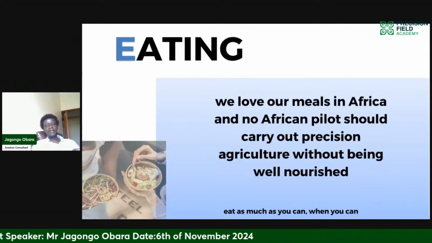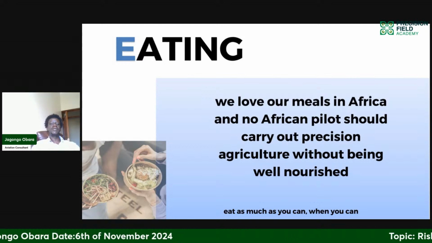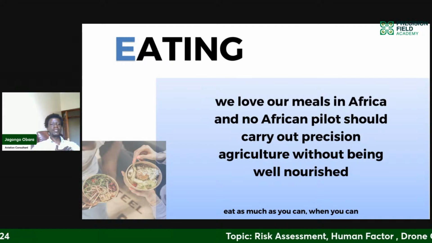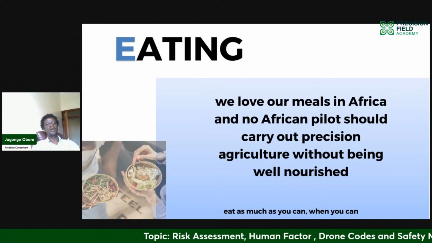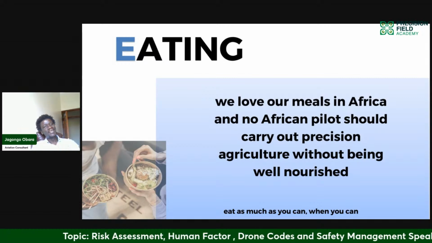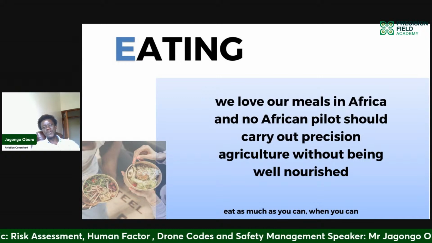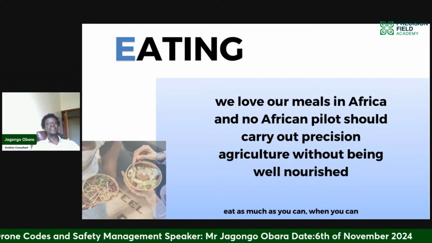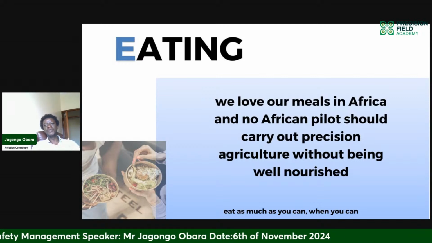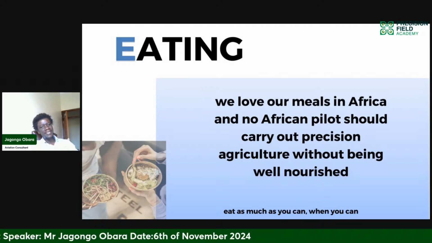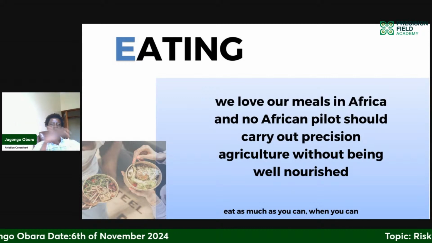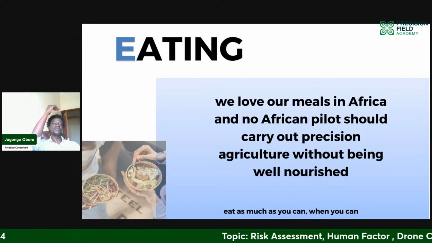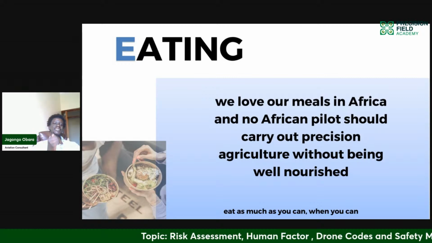So let's jump on to now the next one, which is eating. So again, nourishment with the body. The body does not operate on batteries like our drones. Our body operates on the food that we eat. So it also depends. You do not want to take the wrong drone battery to the field, or a battery that is 10% charged. You want to take a battery that is 100% charged so that you can maximize its lifespan.